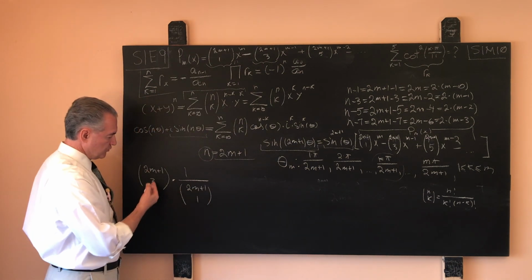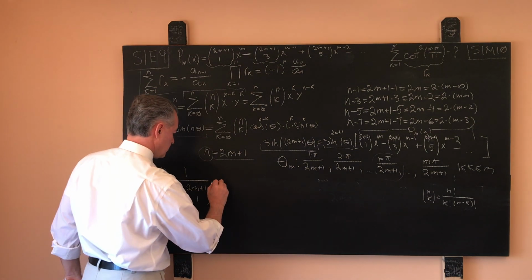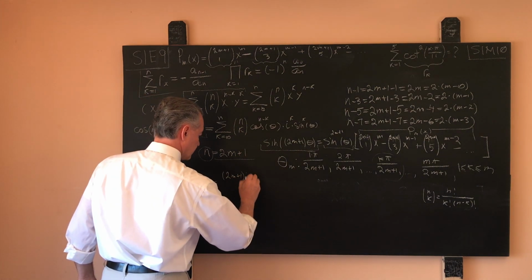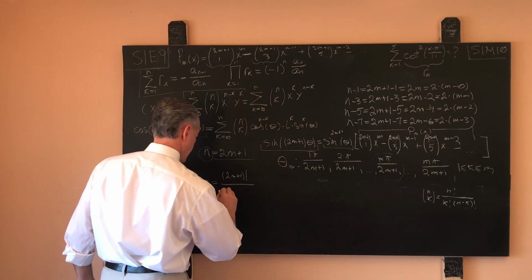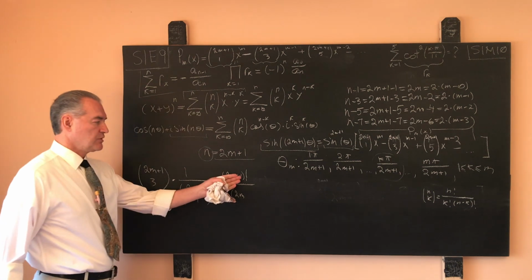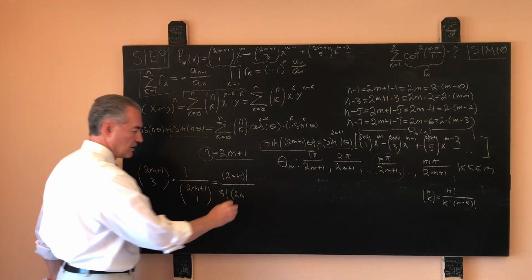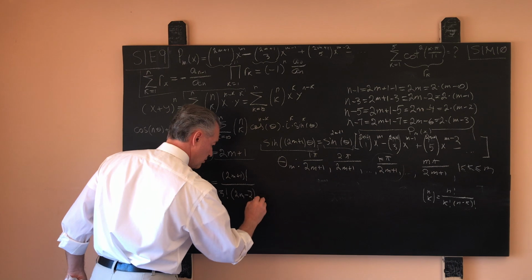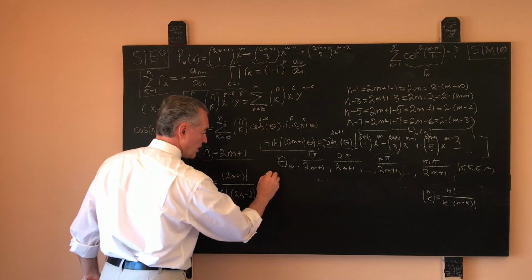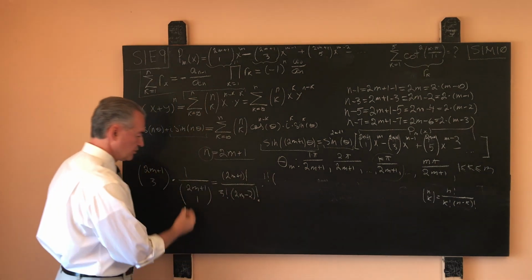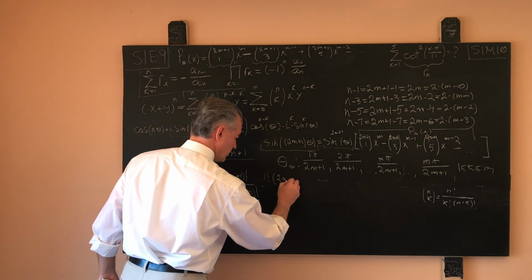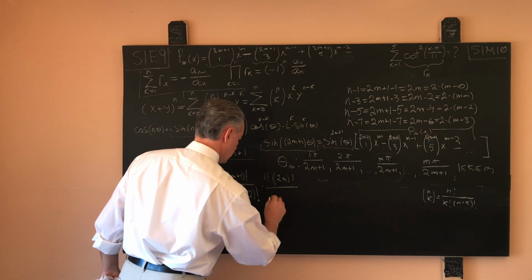So by that formula, for the first binomial coefficient, we have 2m plus 1 factorial over 3 factorial times 2m plus 1 minus 3 factorial, times what? 1 factorial times 2m plus 1 minus 1, 2m factorial, over